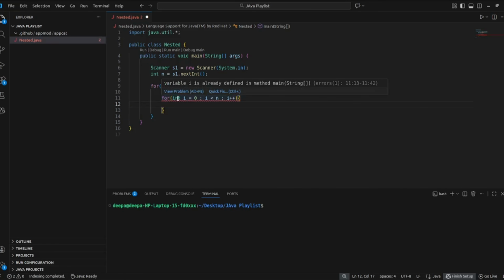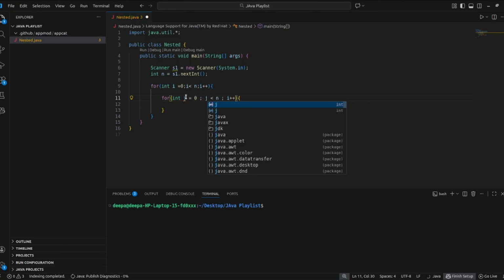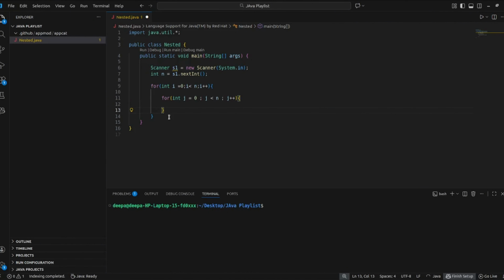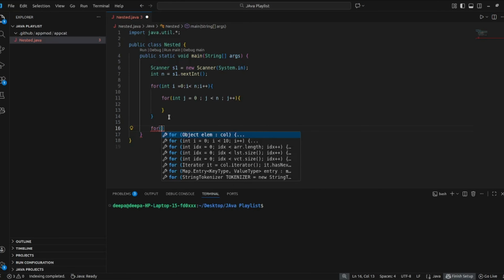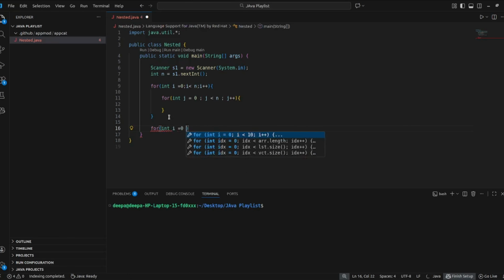This variable is already defined in this method, so we can change this to j. Now if you want to initialize another variable i, we can simply do it outside of the loop. For example, here I am doing i less than n, i plus plus. See, I don't get any errors,